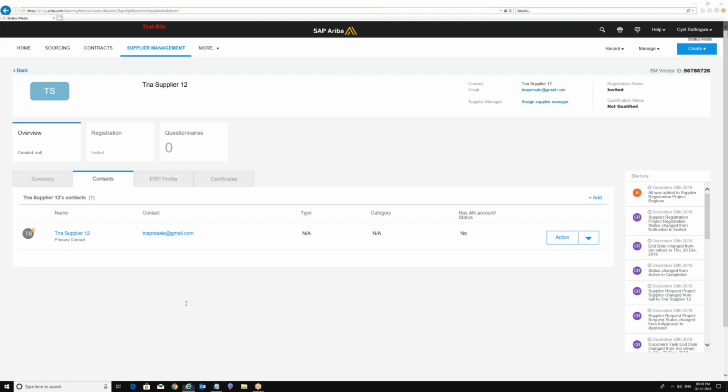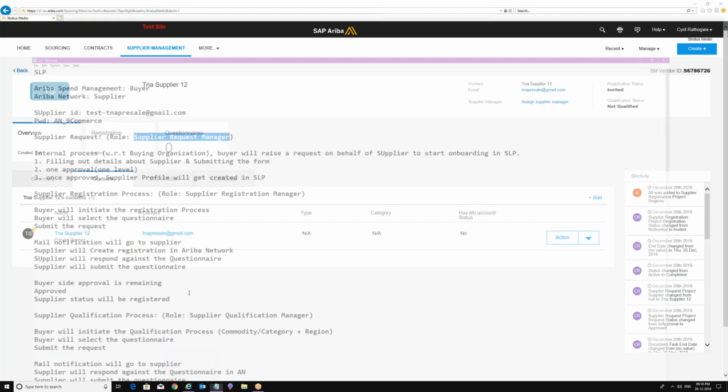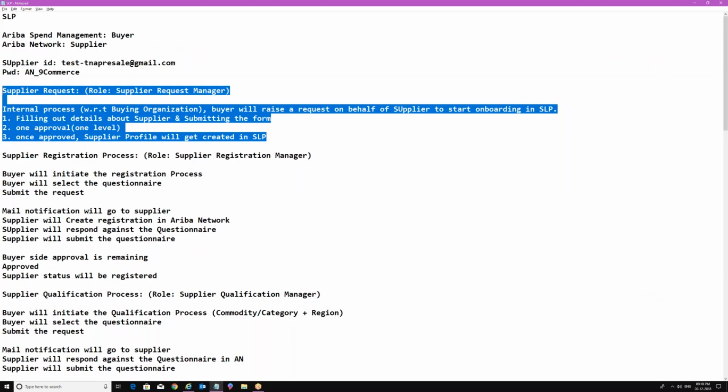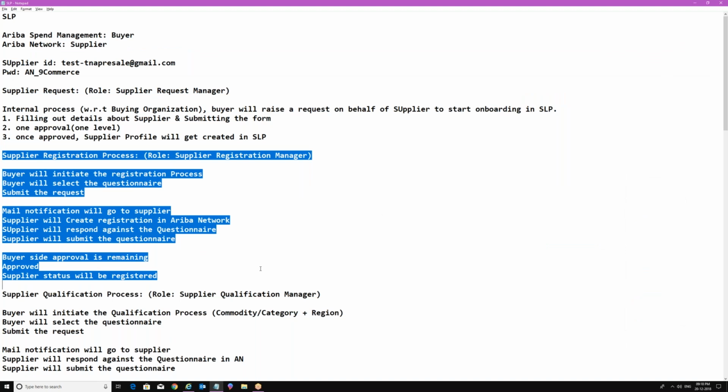No email notification will go to the supplier, but the supplier registration process is a different ballgame altogether. Why? Because here the communication will be between the buyer as well as the supplier. Supplier also has to come over here. They have to register in the Ariba network, but before that, the buyer has to initiate the process.